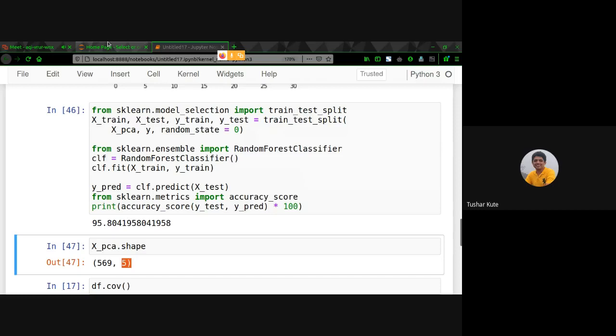So 25 dimensions are reduced, 25 features are reduced, and accuracy is not drastically reduced, but training time will also reduce drastically, because 30 to 5. So we are having only 17% of features, 83% I have removed, and with that number of features, similar accuracy I have achieved from the dataset. That is the advantage of dimensionality reduction techniques.